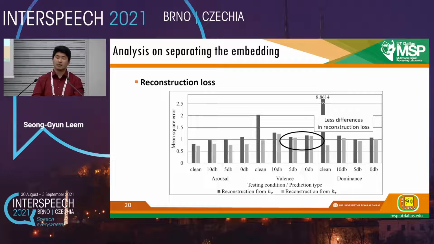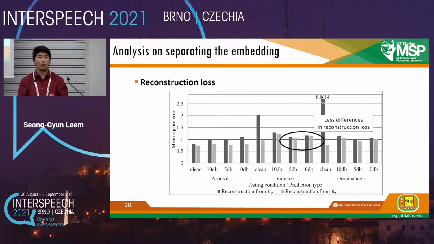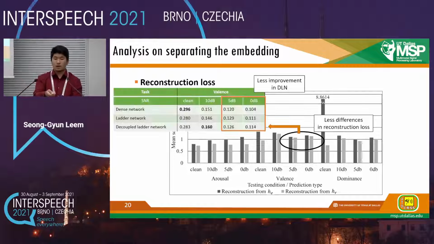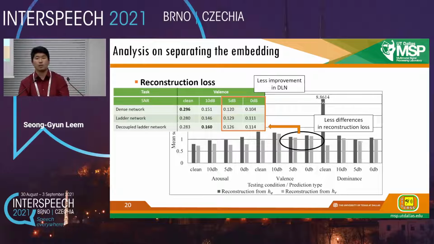We can say that this result means that the embedding is not well separated in the valence prediction model for the lower SNR condition. So we assume that this result is highly related to the smaller improvement of the decoupled ladder network in the valence prediction model. So our plan is to impose more constraints to further decorrelate the emotion and reconstruction embeddings to further improve the